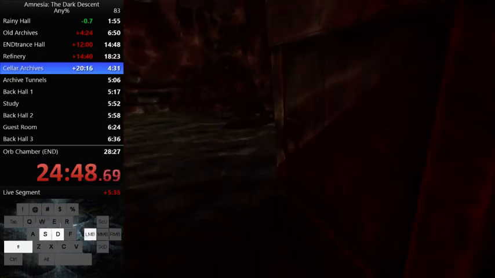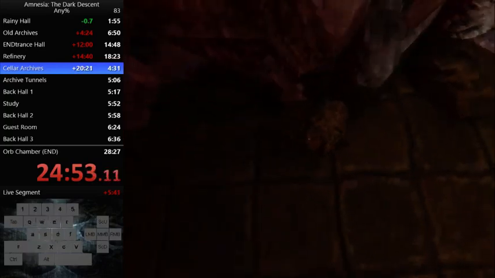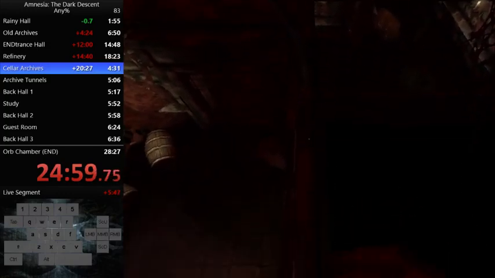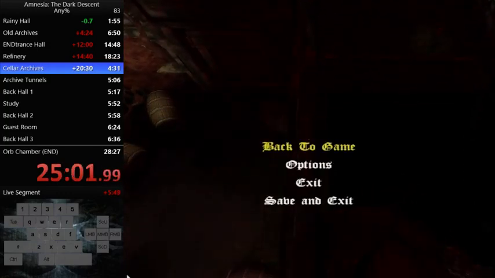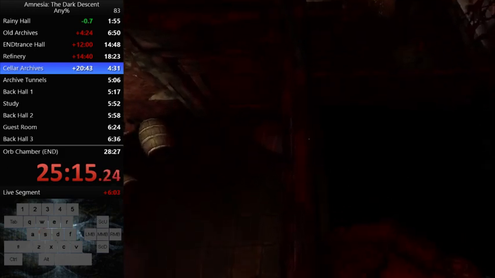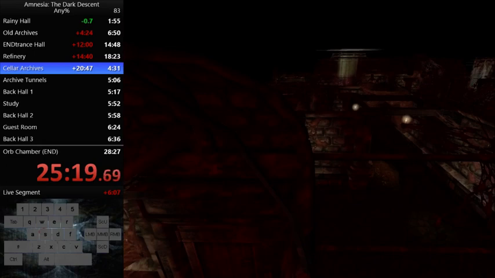So, close the door. Run here. Look at that black spot and 1, 2, 3. That should be enough to put you on this, but sometimes you are better off just spamming it, but I think that should be pretty good and should work most of the time. So now that you're up here, you want to start running along this ledge,